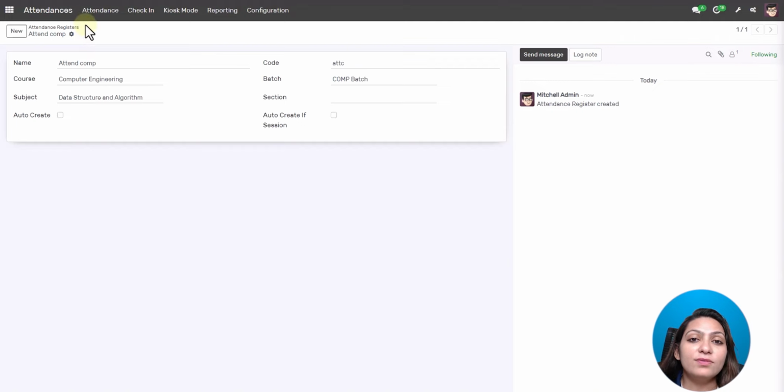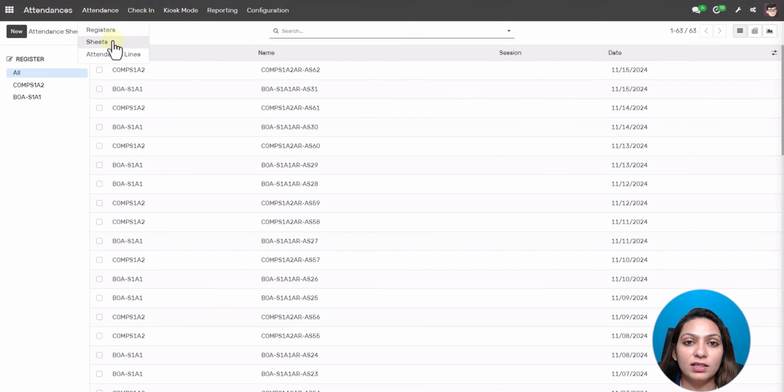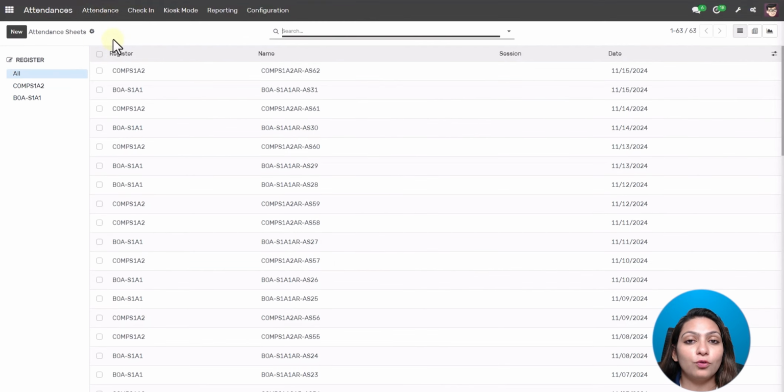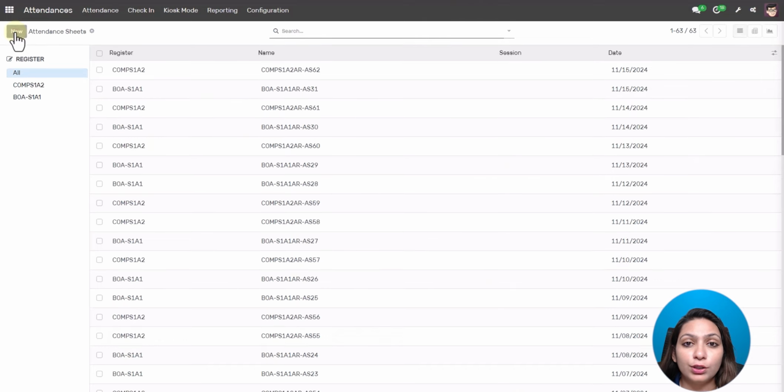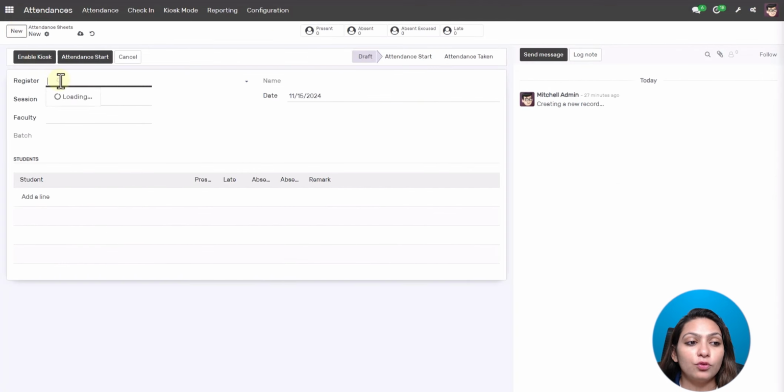Now, as faculty will take attendance with each session, how can they do that? I need to create an attendance sheet. I will create this attendance sheet for each session to take attendance for each session. So I will create a new attendance sheet for which register?